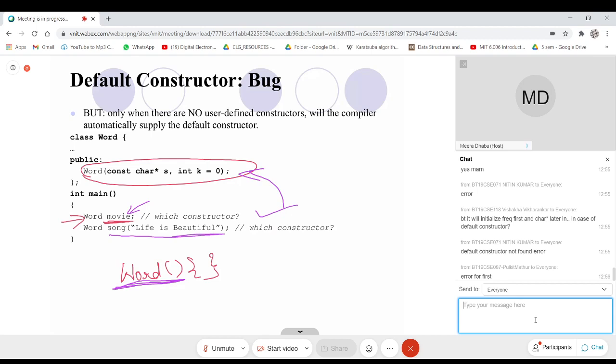This suggests that, again I will repeat, if the class designer doesn't define any constructor, then only the compiler will generate a default constructor for that class. Otherwise, the compiler will not interfere. As in this example, one constructor definition is given, that's why the compiler will not bother. It will not generate the code for the default constructor.